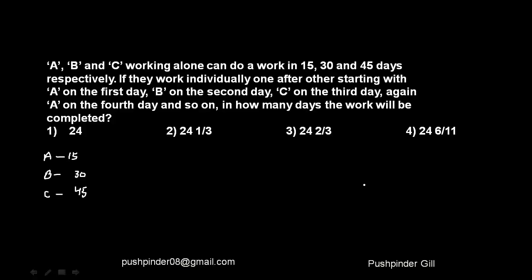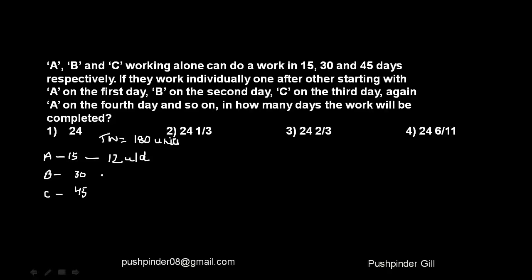units. And the best number is, let us assume that the total work is of 180 units, right? So let us assume the total work to be of 180 units, which is a number divisible by all these 3 numbers. So if A over here is able to finish the job in 15 days,